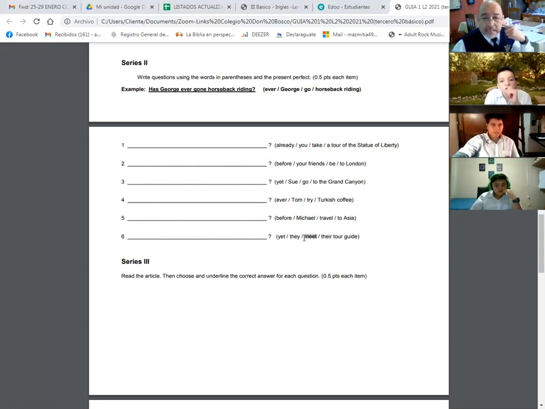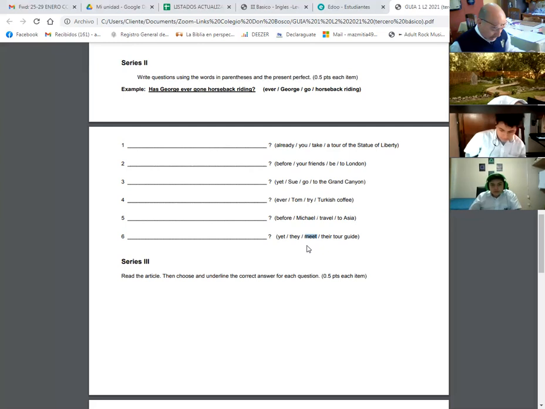Let's ask now Christian again. Okay, the verb meet. This is an irregular verb. Meet, the past participle. Meat. Okay, but we're going to make sure what the verb is. And meet is met. Okay,